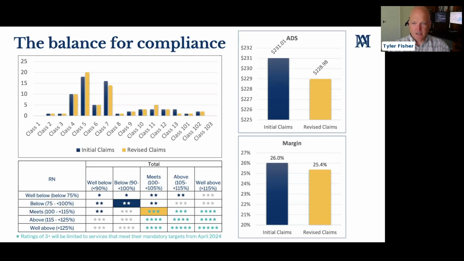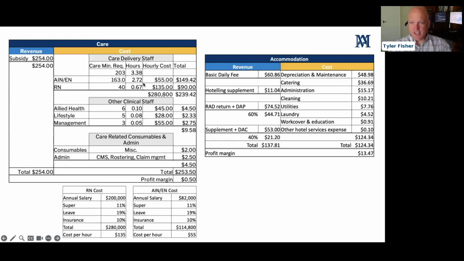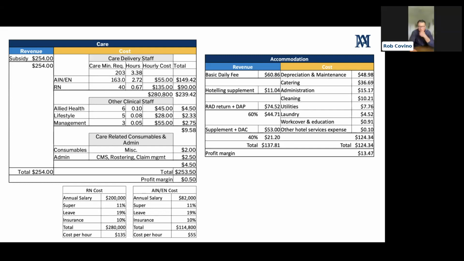And on the next slide, I'm just gonna quickly walk through some of the key elements within a facility balance sheet, and group them by care and accommodation, because the way the game is changing now, the way Rob puts it is that that business model that we adapted to with ACFI is really broken. We can't adhere to that model anymore, and this, I think, hopefully really demonstrates why that is, because on the